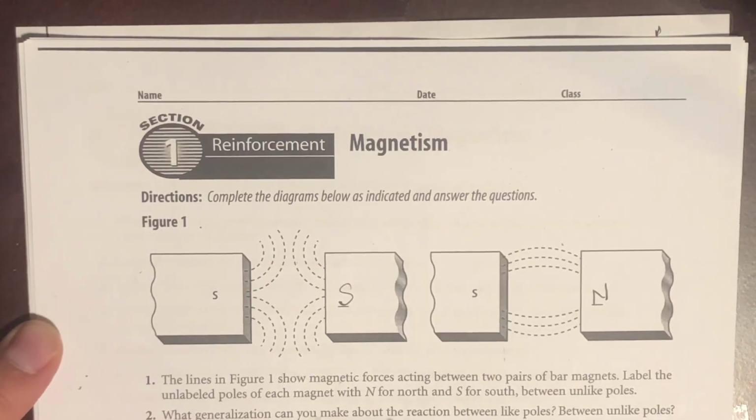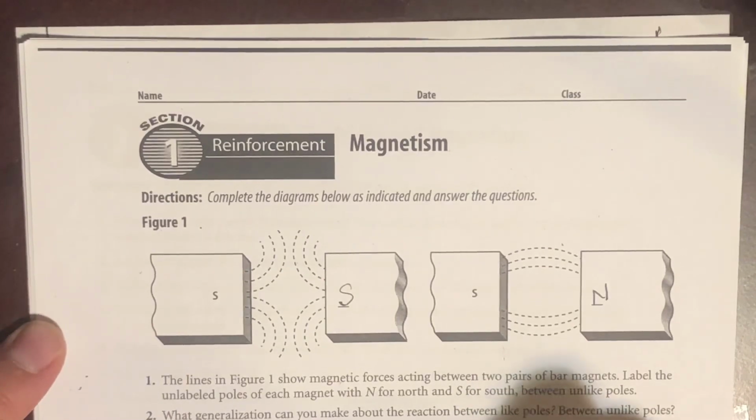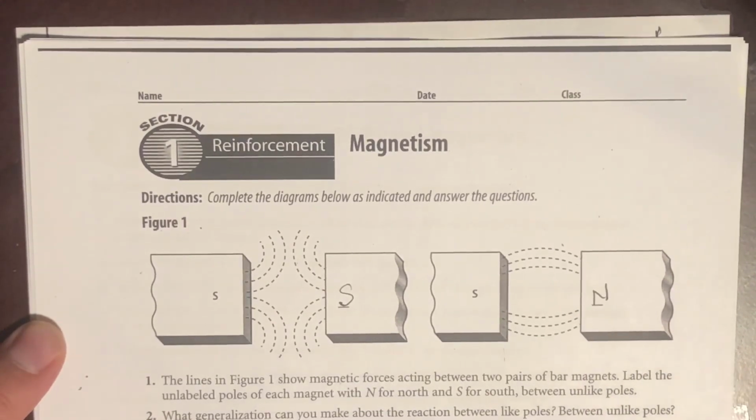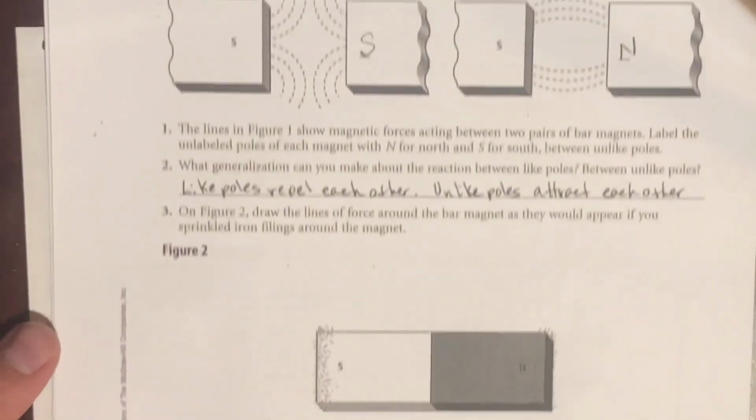What generalizations can you make about the reaction between like poles and then between the unlike poles? Like poles repel each other. Unlike poles attract each other. So here,